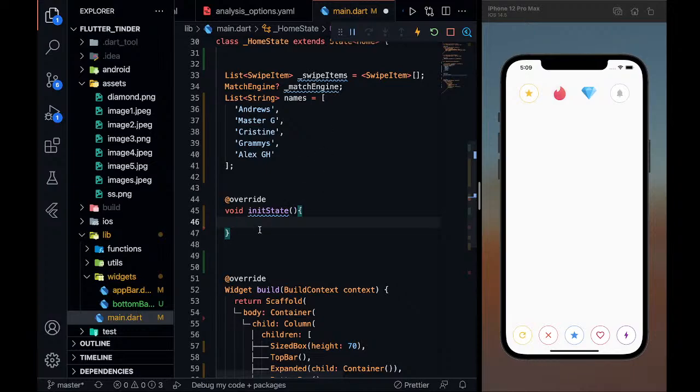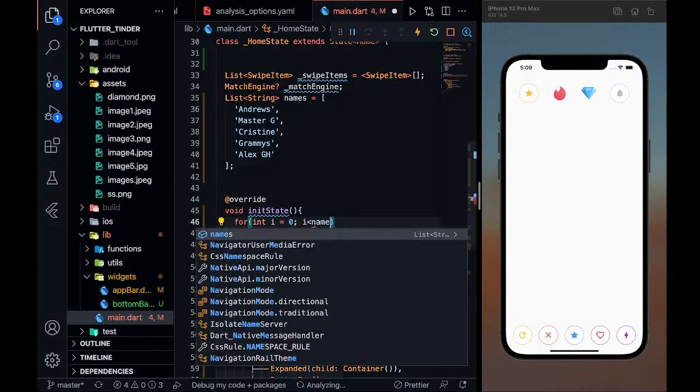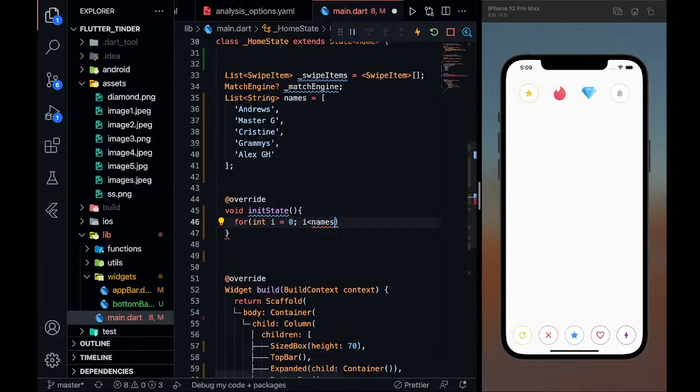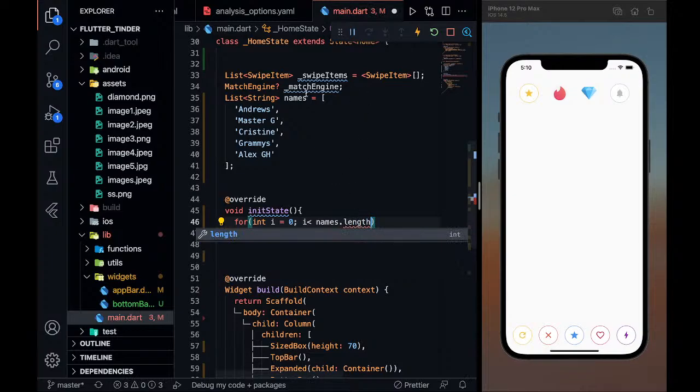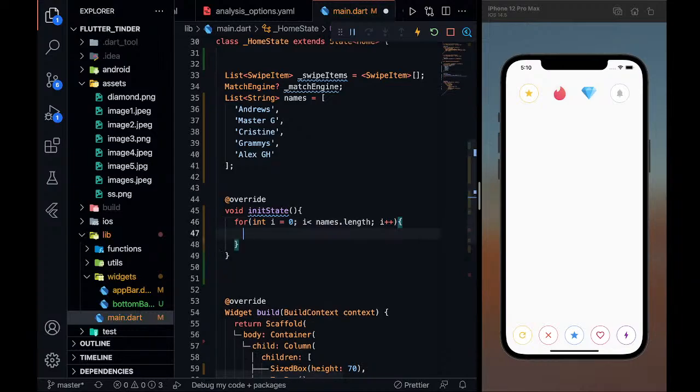with my swipe items. So now I will be defining a for loop: int i = 0; i < names.length; i++. That means it is going to iterate through this list, and it is going to run the for loop according to the number of items that are there in this names, right? So i++, and now I'm going to append the swipe items list. So swipeItems.add, and my value will be SwipeItem,